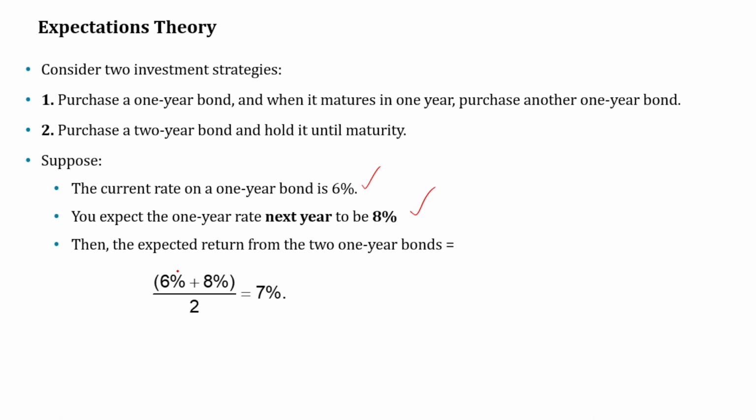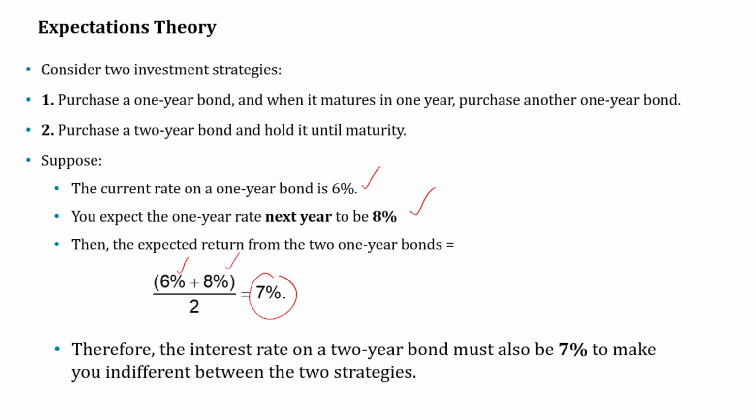That is, the first year is 6%, and the expected rate of interest for another 1-year bond in the second year is going to be 8%. So when you take the annualized rate, the average is 7%. Therefore, the interest rate on a 2-year bond must also be 7% to make you indifferent between the two